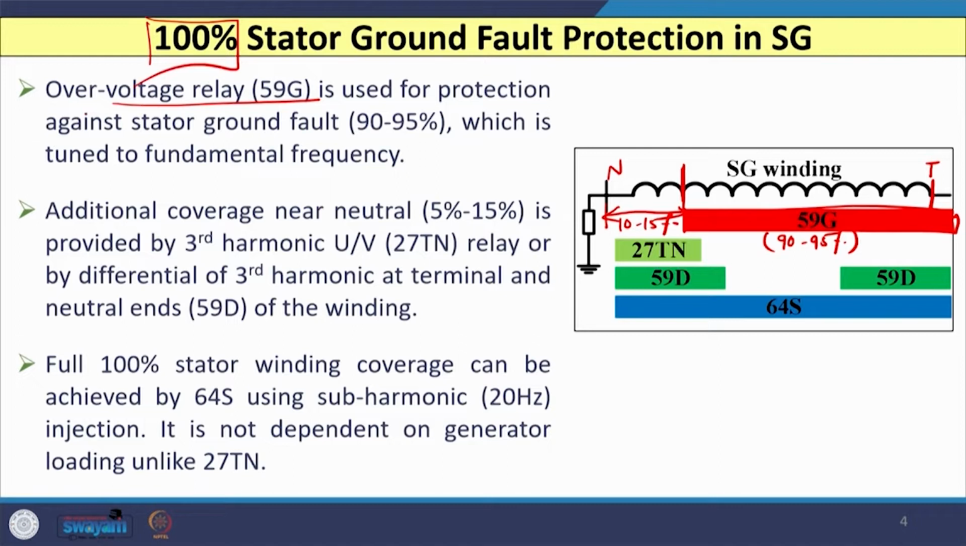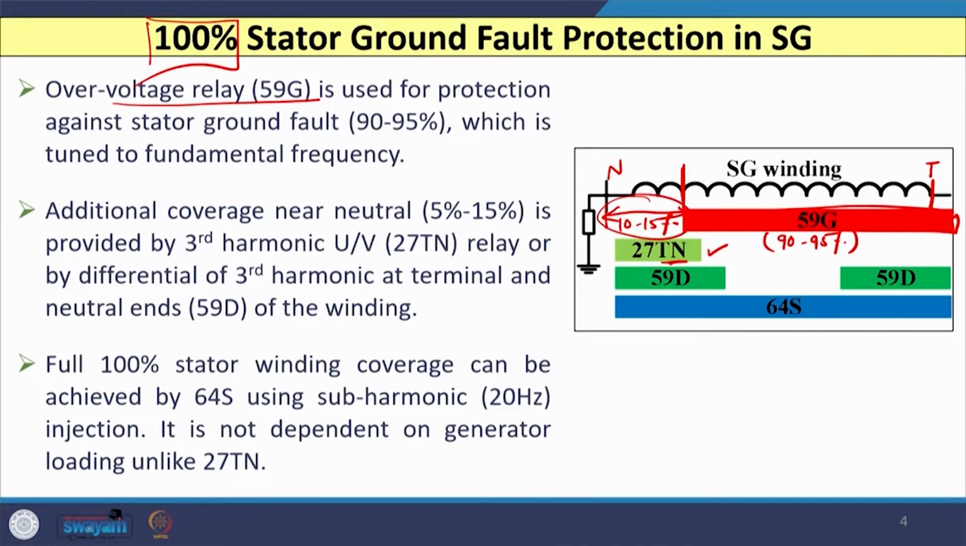So, to obtain protection for the remaining 10 to 15% of the winding turns, two types of relays are used by the utilities. The first relay you can see is 27TN, and this relay is an undervoltage relay based on the third harmonic. So, 27 is the number given to undervoltage and TN is related to the third harmonic. This type of relay is used and the remaining 10 to 15% of the windings are protected by this,